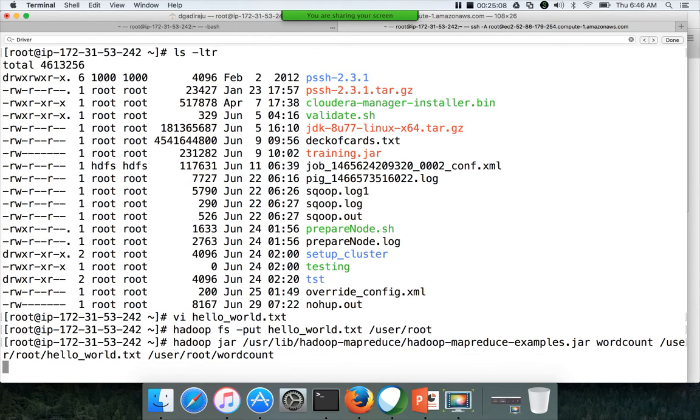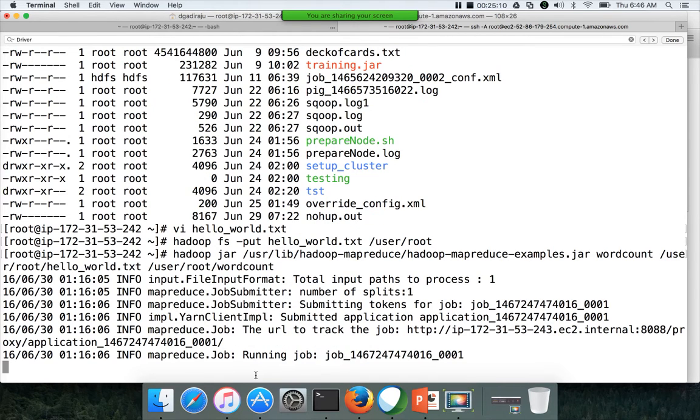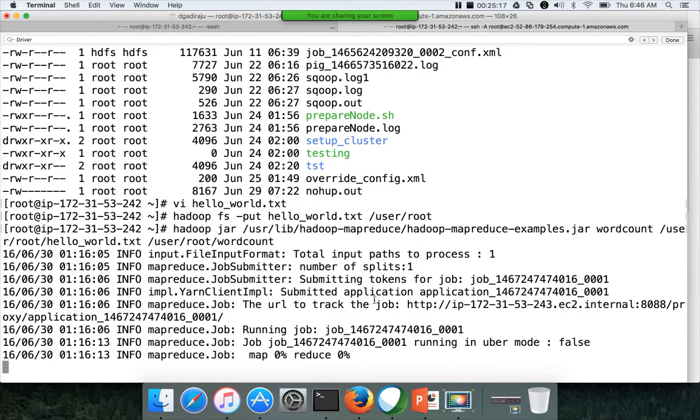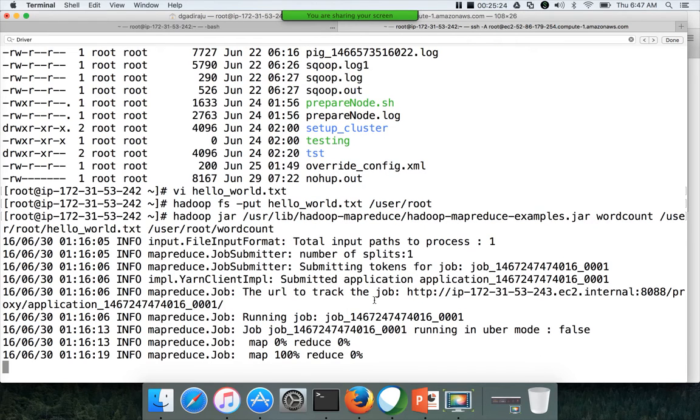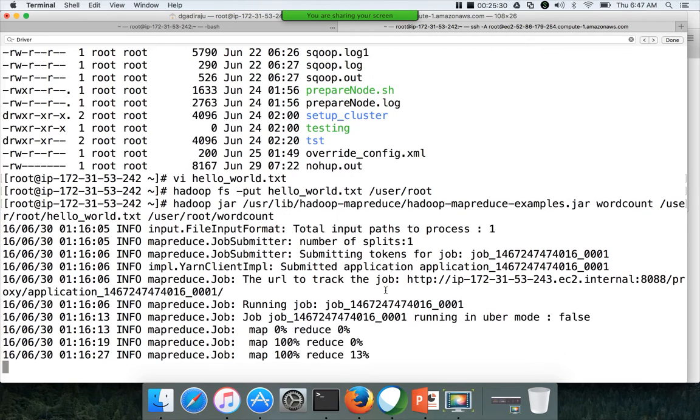Now it will start submitting the MapReduce job. So we are actually dealing with very small data, so it will be very fast. So what will happen is it will process the data using a map task and reduce task. So to get the details, based upon the framework, it will differ a little bit. Here we are using Yarn framework. So when you use the Yarn framework to execute MapReduce jobs,